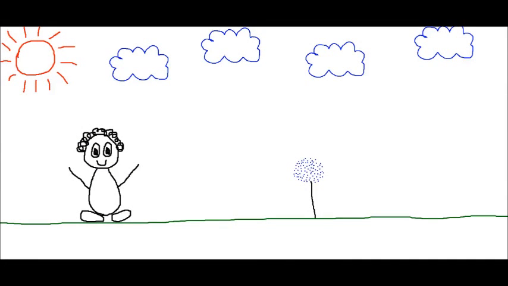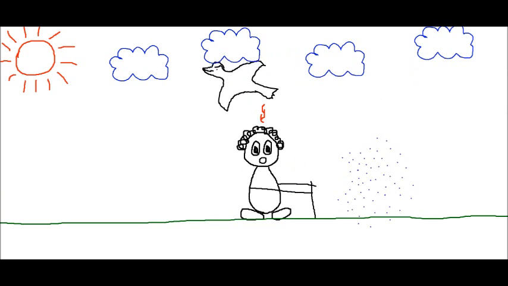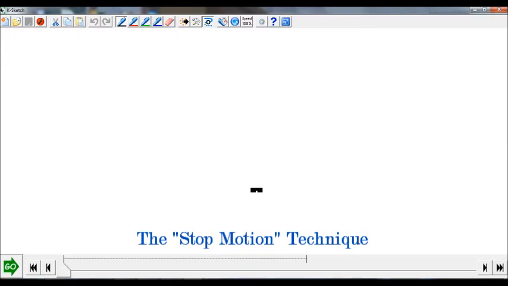This K-Sketch tutorial will show you how to use the stop motion and real-time techniques to create the following animation. Before we get started, we need to change some settings on K-Sketch to make it more suitable to use the